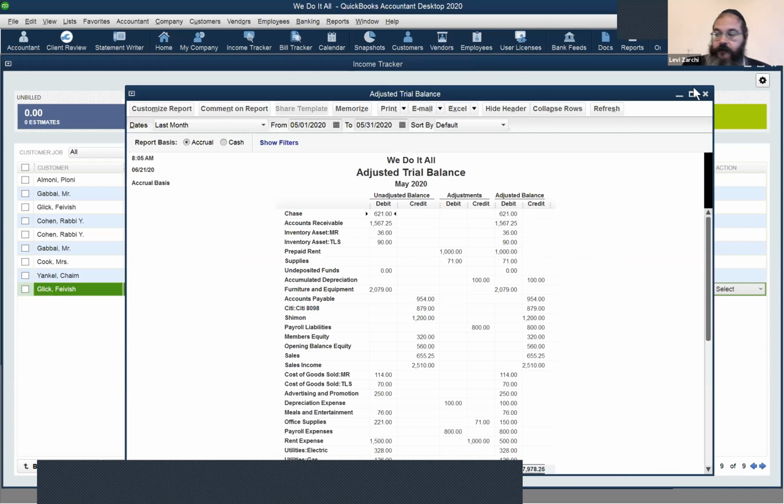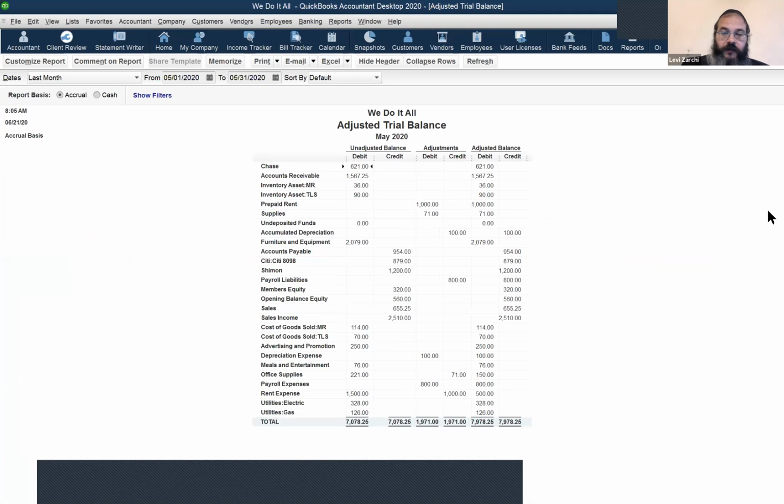So you see here, you could have printed this out, or you could watch it on the screen, and you'll see that the unadjusted balance is all the debits and all the credits summing up to $7,078. The adjusted trial balance has the adjustments in the middle, right? Before we get the adjusted balance, there are all those adjustments that are necessary to make. So you see here, what are the adjustments? We adjusted supplies. A prepaid rent, we debited,